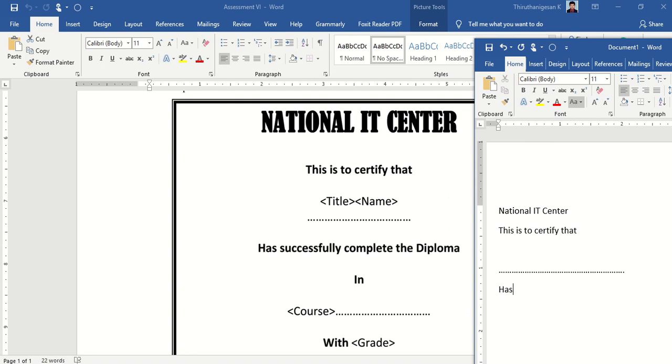Then has successfully completed the diploma in, dash, with, and after that you want to have the grades here.